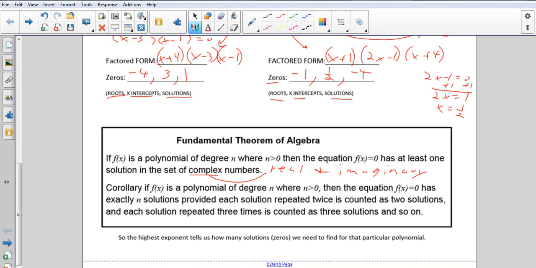So, if f of x is a polynomial of degree n, where n is greater than 0, so we either have a linear function, x to the first power, a quadratic, x squared, a cubic function, x cubed, then the equation f of x equals 0 has exactly that many solutions, provided each solution repeated twice is counted as 2 solutions, and each solution repeated 3 times is counted as 3 solutions, and so on. So, if we're doing a quadratic, we have x squared. That means we're going to have 2 solutions,